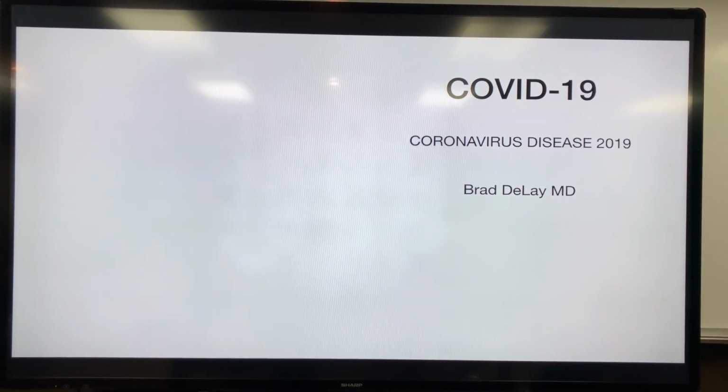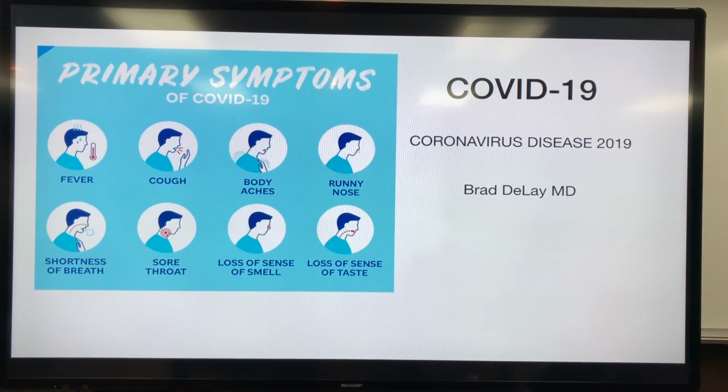A lot of people get confused about what COVID-19 is and what SARS-CoV-2 is, those two terms. COVID-19 is actually the disease. It's not the name of the virus. It's the fever, the shortness of breath, the body aches, the nausea, the vomiting, the cough, the loss of smell. That's actually the disease. It stands for Coronavirus Disease 2019 because this was first identified in China December the 30th, 2019. So it was named from that. So COVID-19 is the name of the disease, not the virus.